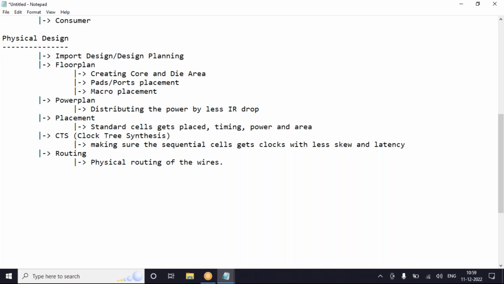Okay, now that is based on the sign off stages. The next is I have to discuss the sign off as well. Because, okay, I forgot to tell this. So for this particular physical design, the tools we are going to be using are ICC2 from Synopsys, and from Cadence, it's Innovus.